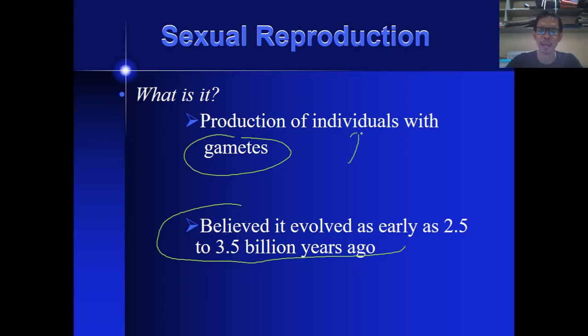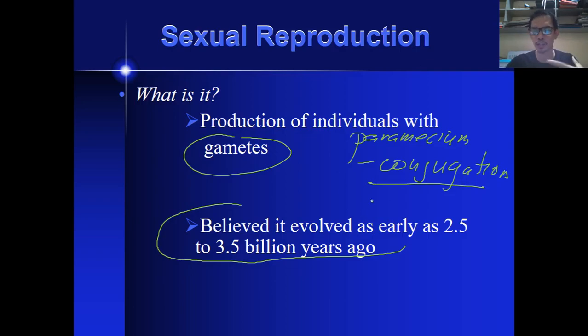The unicellular organism that performs this is the paramecium. The paramecium undergoes what they call conjugation. This particular process is similar to sexual reproduction, except there's no sperm and egg present, but the nuclei of two paramecia are involved. For example, this one has a macronucleus and a micronucleus, and this one also has a macronucleus and a micronucleus. All right, so what we have right here